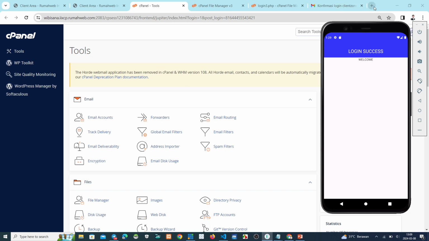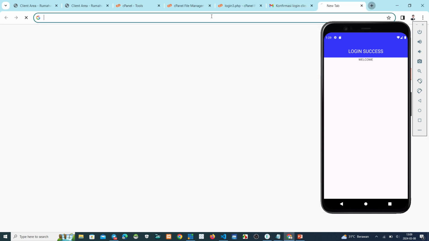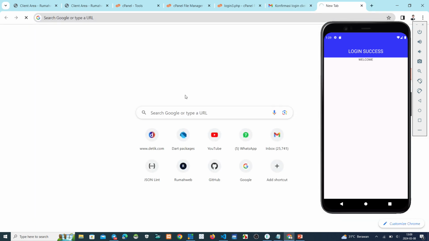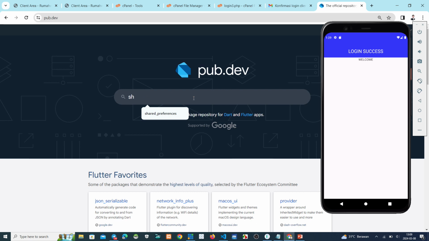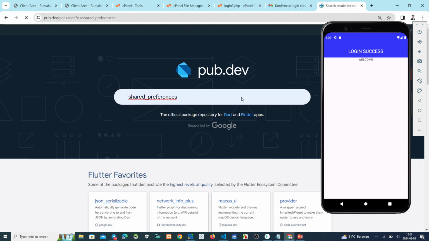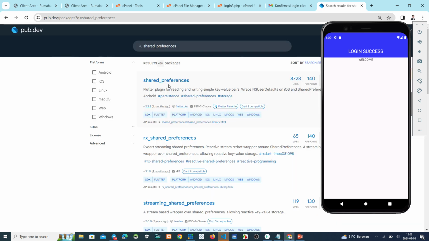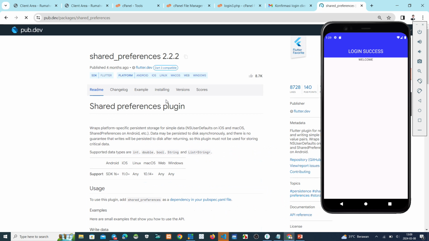Where is it? Okay, we go to pub.dev. Click here, self reference. Okay, enter. Click here, self reference. Okay, installing, click this.